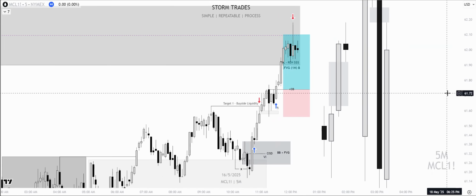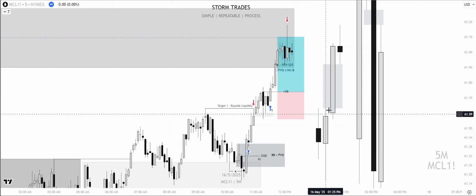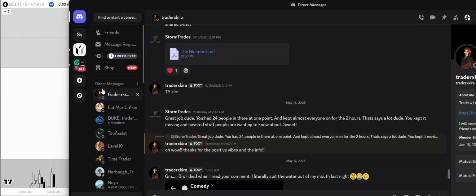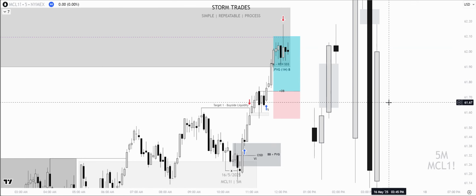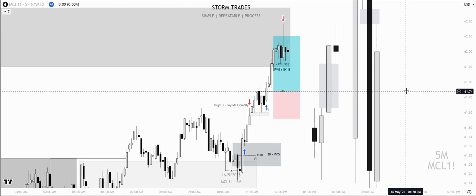It just goes to show you, once you're on side, you can take a look at multiple entry criteria. As long as the high time frame POI has been engaged and you have draws on liquidity above you or below you, I pay attention to the down close candles that sweep liquidity, and I'm always looking for displacement. All right. And this was, well, I had the trade here on the Discord, but